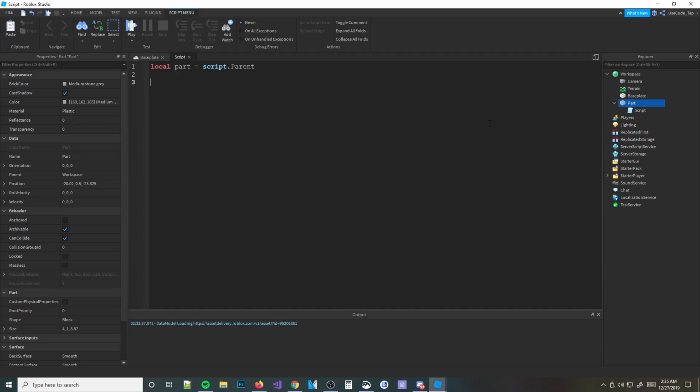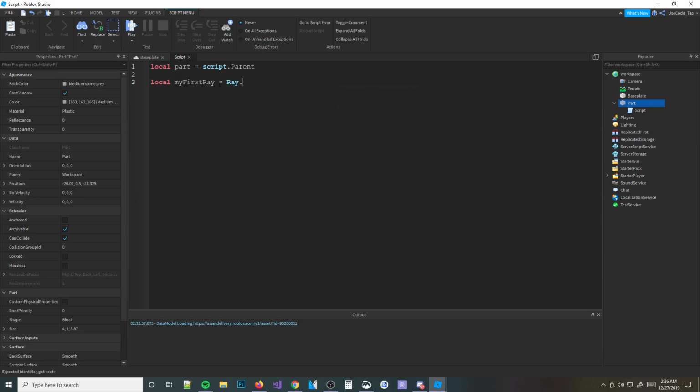I'm going to do local ray is equal to, or actually I'll do local myFirstRay, because I don't really like naming stuff just ray because it's bad practice. If I named it just ray, you see it's a keyword, although you could just use a lowercase r. It's not like the keyword anymore, but still, I don't like doing that. I'd rather have a certain name for it. So I'll do local myFirstRay is equal to